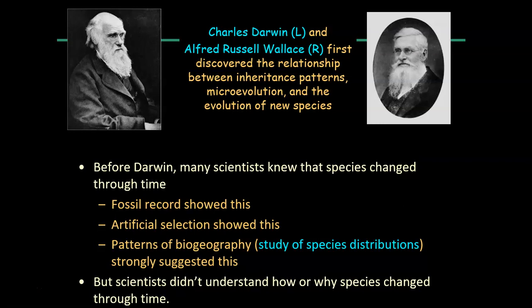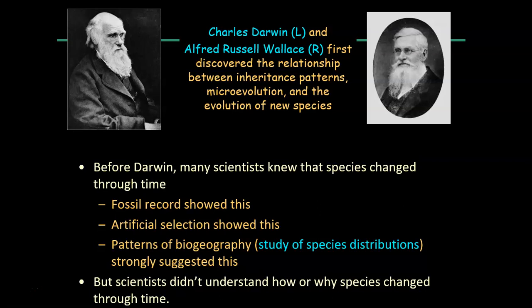At the time, people already understood that something was happening in the world, that things were changing. There was a fossil record, and it showed that some species changed through time before they reached their present form in the current era. The fossil record also showed that there were organisms that no longer existed on the planet,